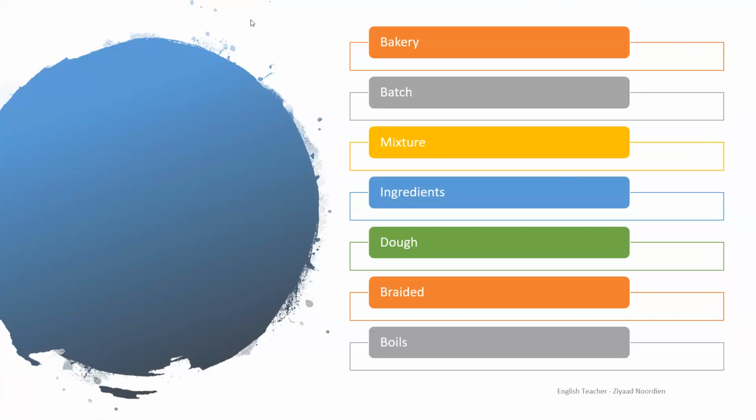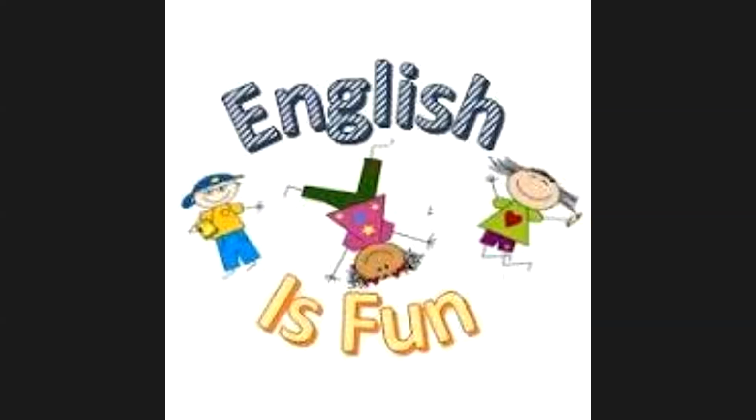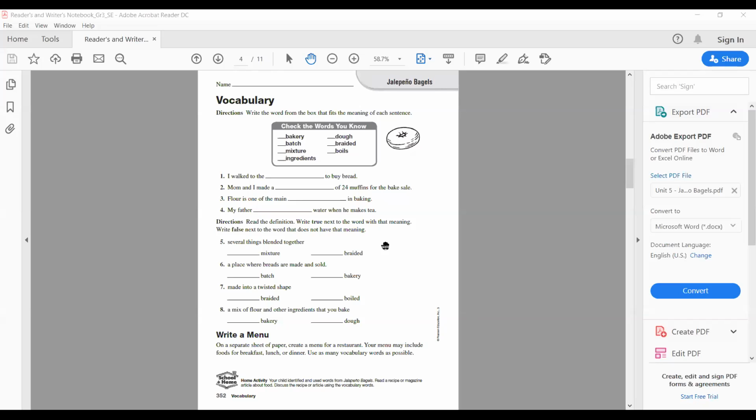So I'm just going to end this little session over here, so you can't see that screen again. I'm just going to show you the Readers and Writers Notebook page, which is the one about your vocabulary. I'm going to bring that up for you. We're going to do that, or it has been done with your reading lesson. So I'm just going to share that with you quickly. This is the page that contains all of your high frequency words, bakery, batch, mixture, etc. And these are the questions that you basically have to answer, which we will do together or have done together, depending on when you watch this video.